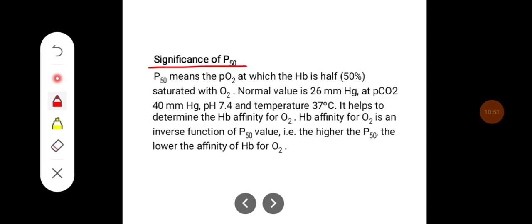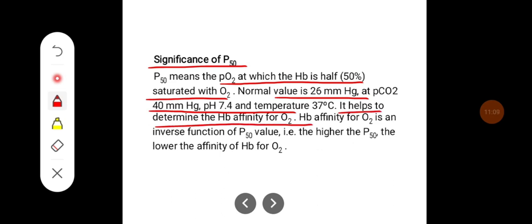P50 means the PO2 at which hemoglobin is 50% saturated with oxygen. The normal value is 26 mm Hg at PO2 40 mm Hg, pH 7.4 and temperature 37 degrees Celsius. It helps to determine the hemoglobin affinity for oxygen. The hemoglobin affinity for oxygen is an inverse function of the P50 value. That is, the higher the P50, the lower the affinity of